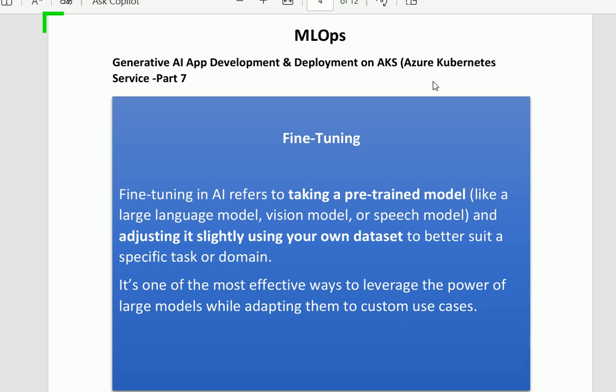Let's start the Generative AI application development and deployment on AKS, Azure Kubernetes Service, part 7. Today I shall explain fine-tuning. Fine-tuning is an important term in artificial intelligence. Fine-tuning in AI refers to taking a pre-trained model, like a large language model, vision model or speech model, and adjusting it slightly using your own data set to better suit a specific task or domain.